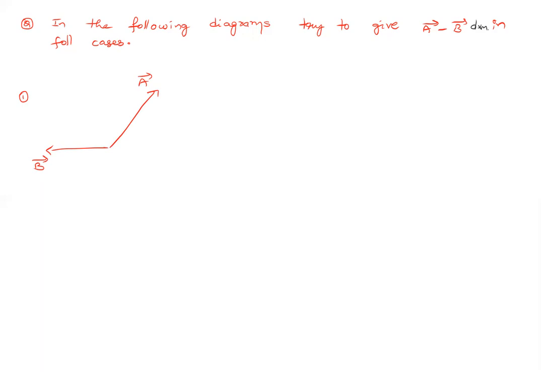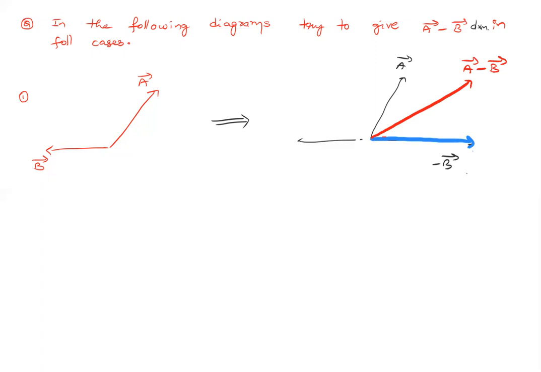So minus b bar is like this, so as not to get confused. We will take this part. So you have a bar here, and minus b bar is here in that figure. Because the original b bar is towards the right, minus b bar is this way. So your resultant a bar minus b bar will be here. What you are supposed to do is, you have b bar, reverse it and add it with a bar.